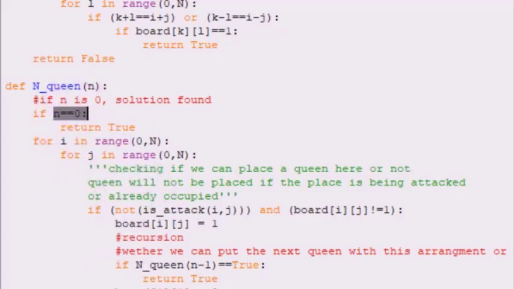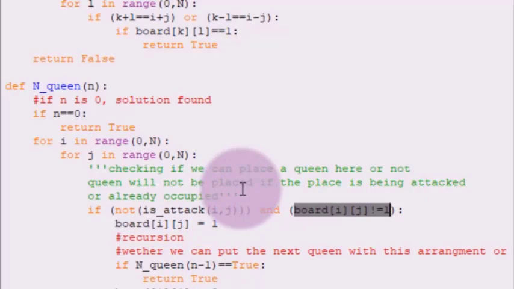But if we have not got the solution, then we have to keep on checking whether the queen is under attack or not. So over here, if you can see, if not is attack i comma j and board ij. Now see over here, this function and, what does this function and do? Both this particular condition and this particular condition have to be true, then only board ij is equal to 1.